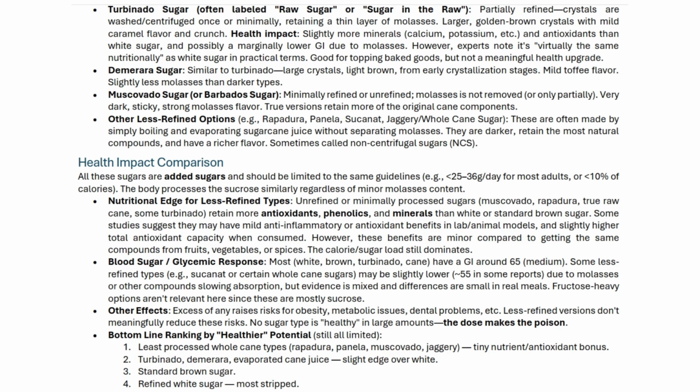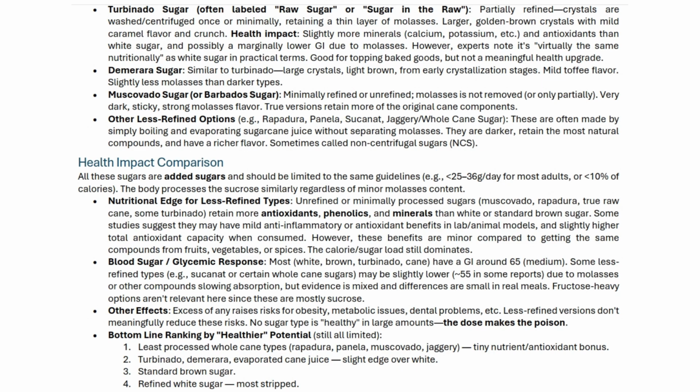Demerara sugar shares similarities with turbinado sugar, featuring large, light brown crystals that originate from the early stages of crystallization. It has a mild toffee flavor and contains slightly less molasses than darker sugar varieties. Muscovado sugar, also known as Barbados sugar, is either minimally refined or unrefined, with molasses retained or only partially removed. This results in a very dark, sticky sugar with a strong molasses flavor, preserving more of the original components of